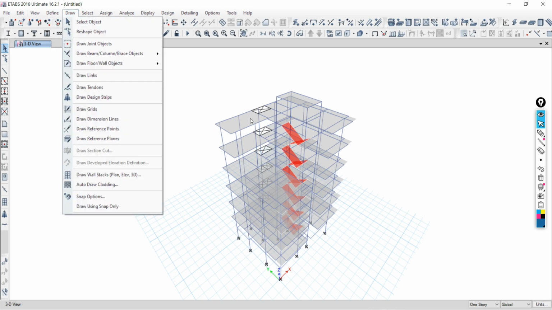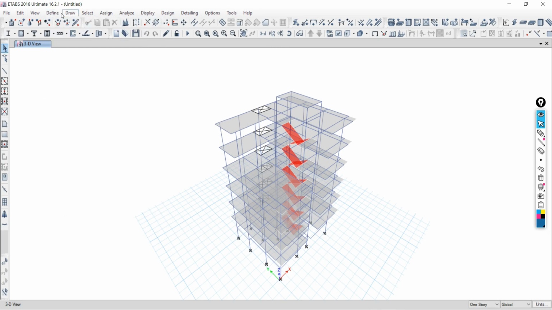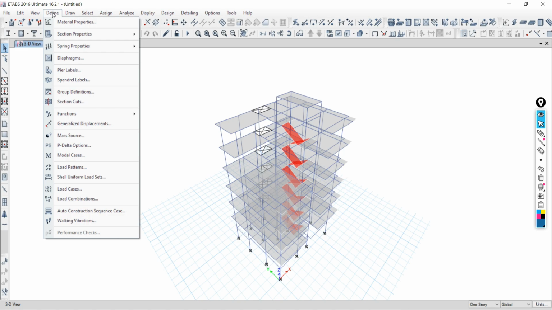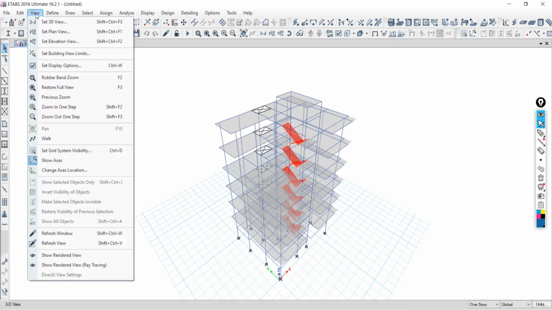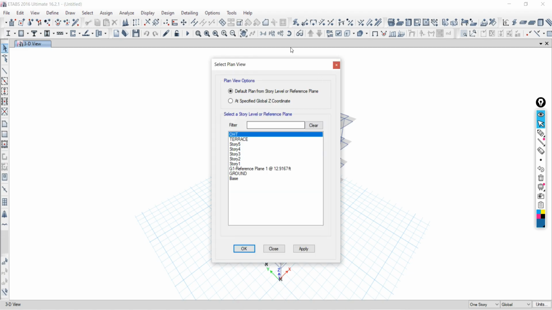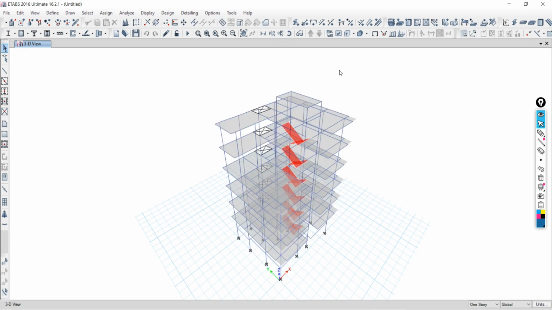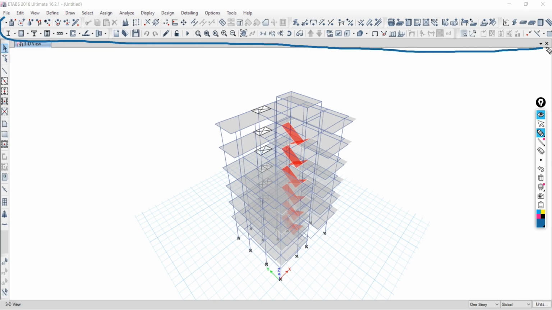In define, draw. So overall is what? If you want to perform anything, if you want to execute anything, you have to go through this long way. Suppose go to define. Suppose go to view. Then go to plan, then this dialog box will open up in view. So what quick option, what shortcut option is there? That shortcut option is this quick access bar. This is what you have to set.